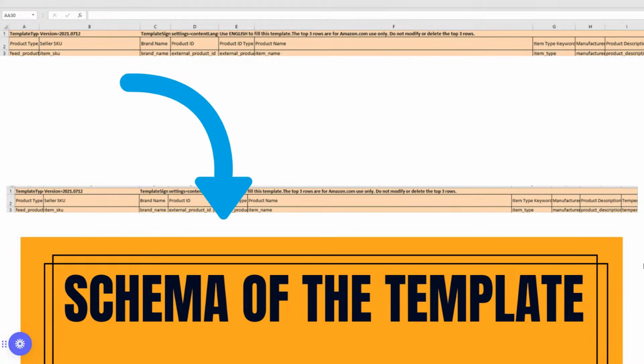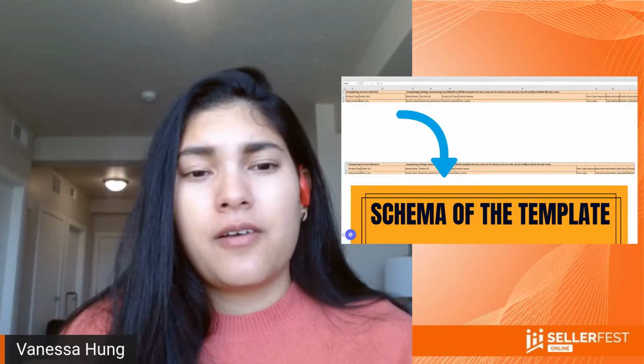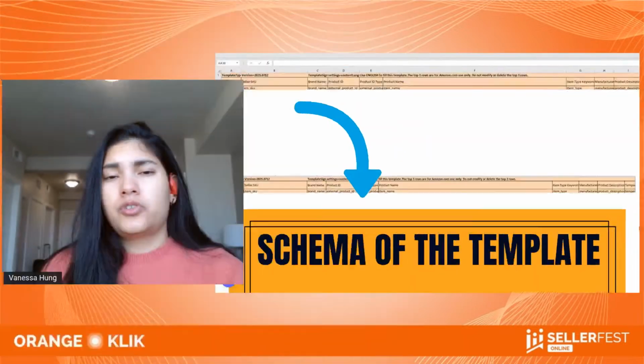And the other thing is that this will give you the structure for your file. It will tell you what are the things that you need to input. It will give you a guideline on what is required and what is not. And this is the newest feature that flat files have, something that I'll be showing you today.